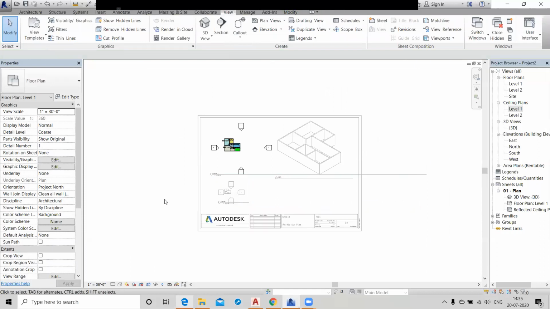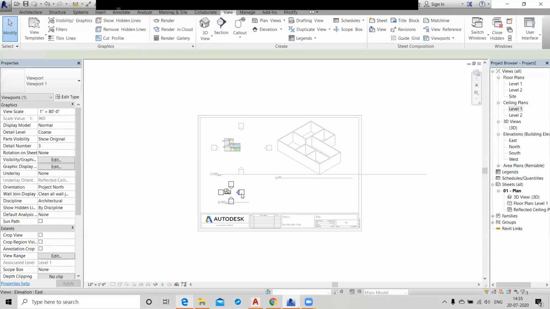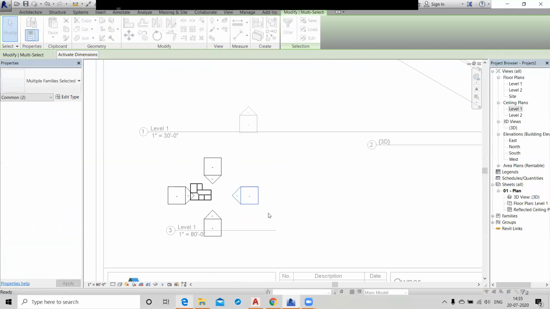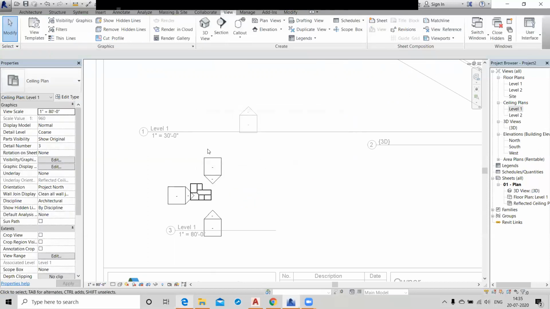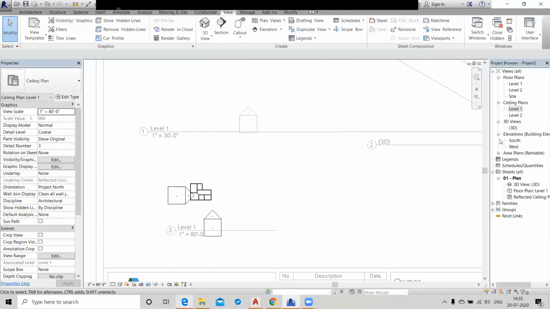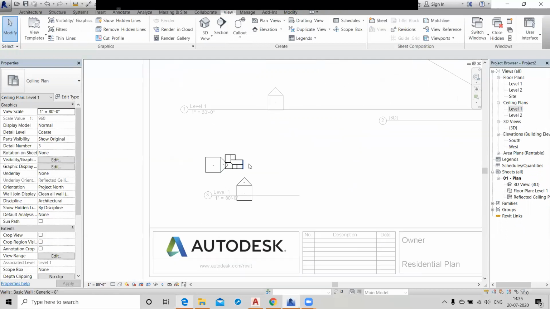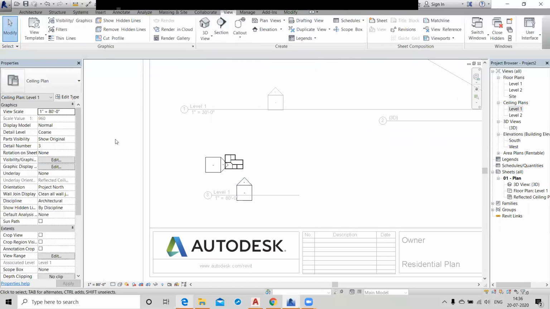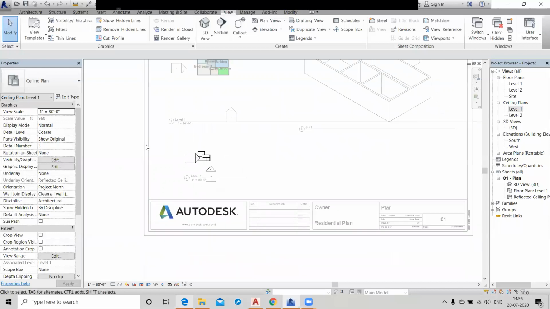Yes, you can just select here and zoom it. Select these directions like this. But the elevations will be deleted from here. So you can activate this view by this.